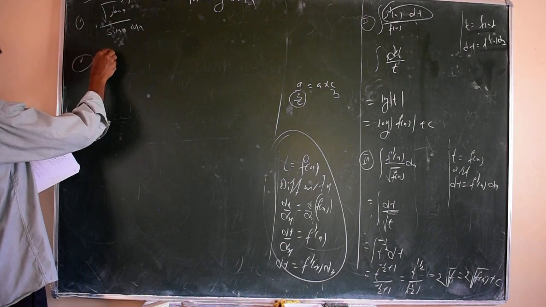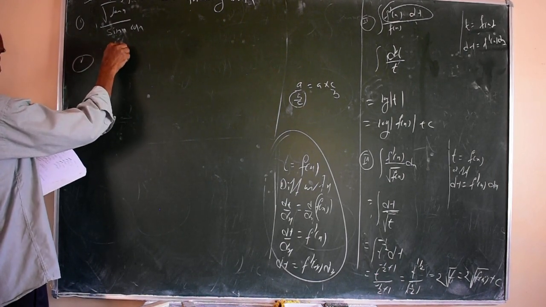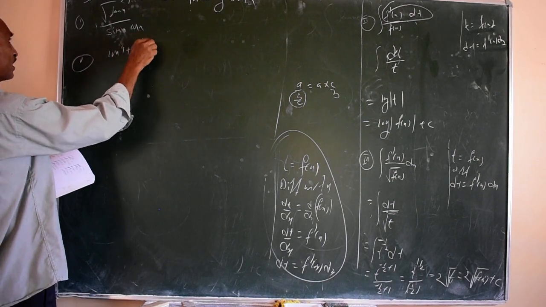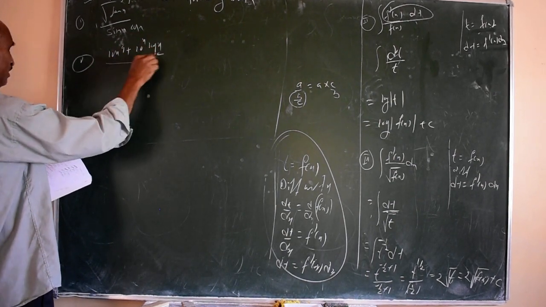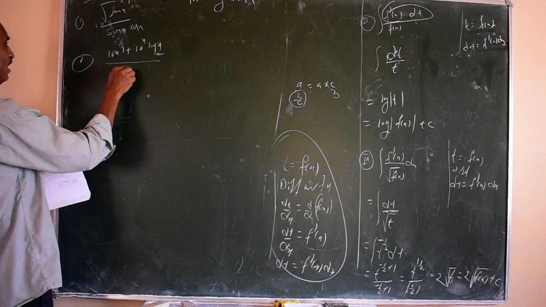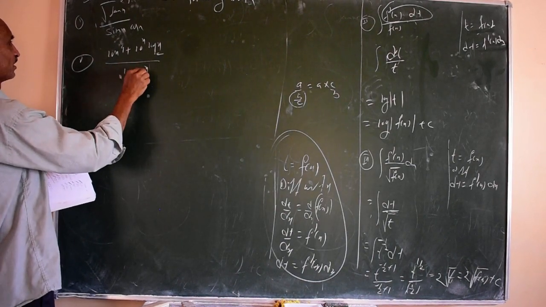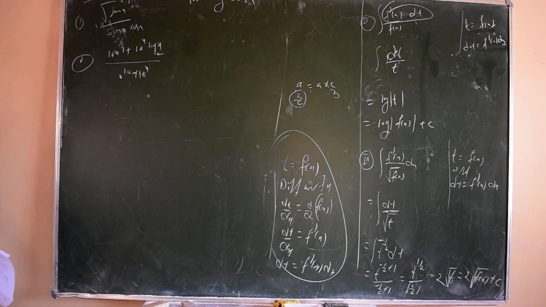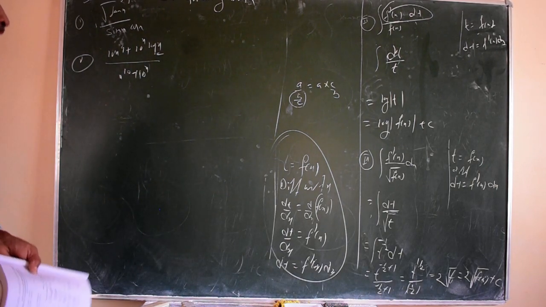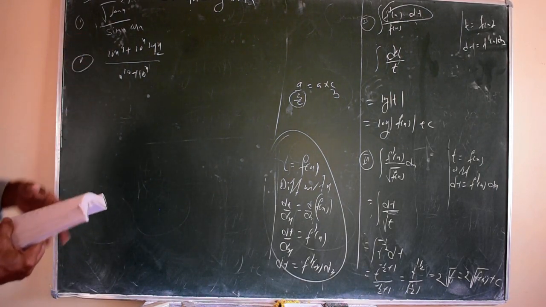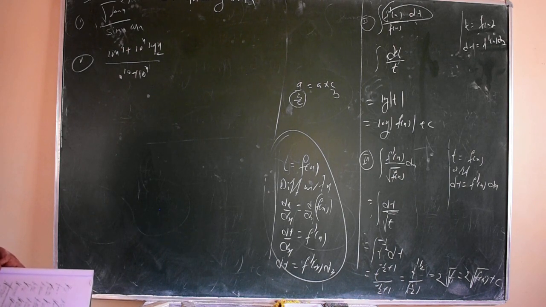It is 10x raised to 9 plus 10 raised to x log x to the base e, divided by x raised to 10 plus 10 raised to x. If that formula is understood, in one step you can get the answer. This is also asked for CET once or twice. And the third one is